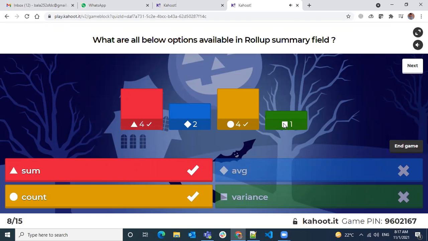Okay, good. Four have answered correctly. So we don't have an option called average or variance. We have count, sum, minimum, maximum. These are what is available for a roll-up summary field.